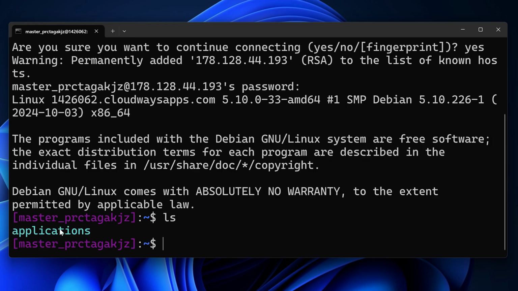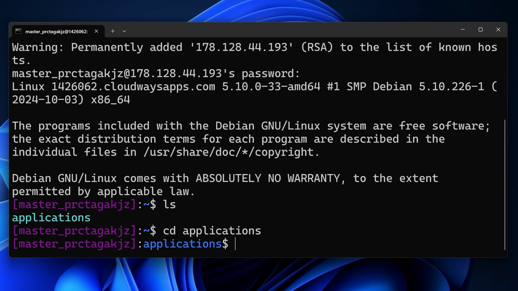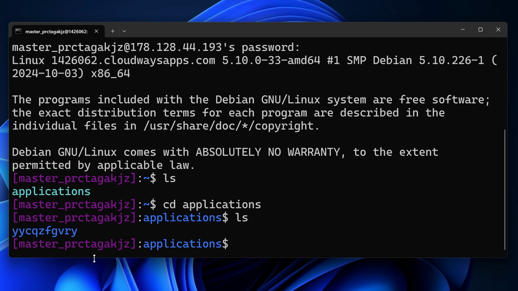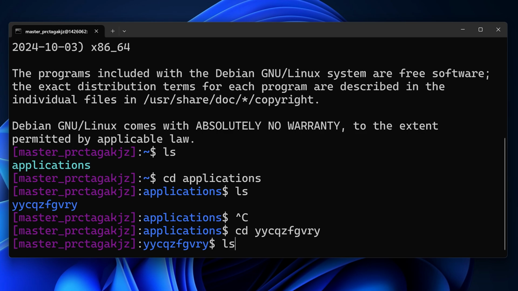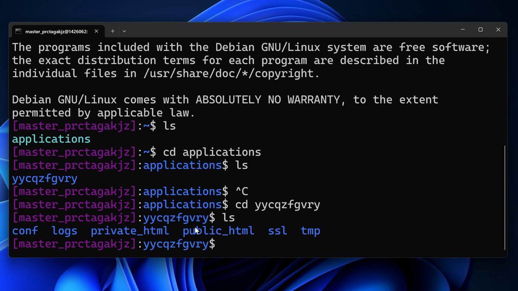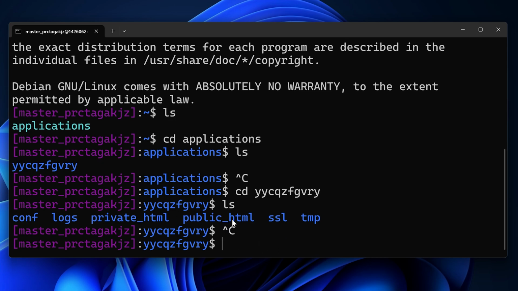You can see a folder, applications. cd applications, hit enter, and let's ls, and you can see this is the project name, the project directory name. So let's type cd and that, and hit enter. This is the folder name. Inside that you can see this public_html, and that's the folder in which we are going to